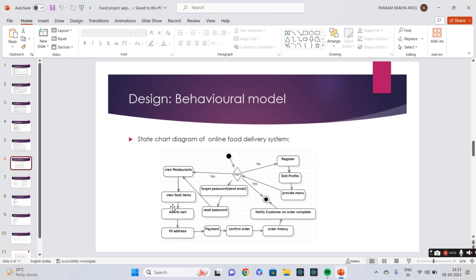It notifies the customer on order complete. This is the model of the food delivery app. We used here state chart diagram. So going to the